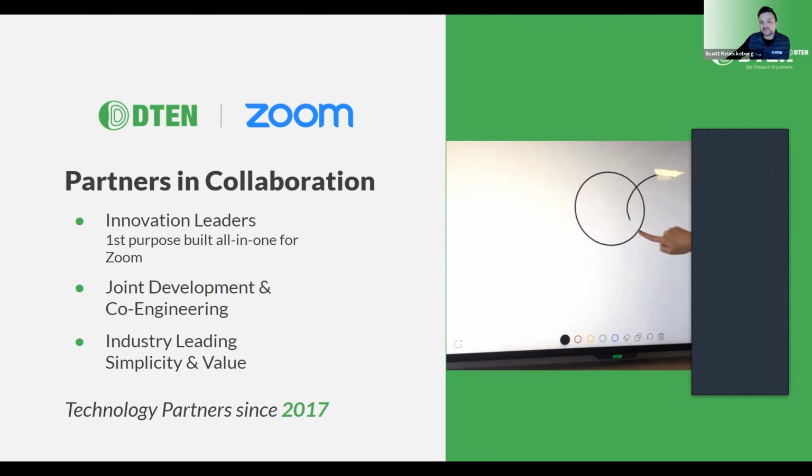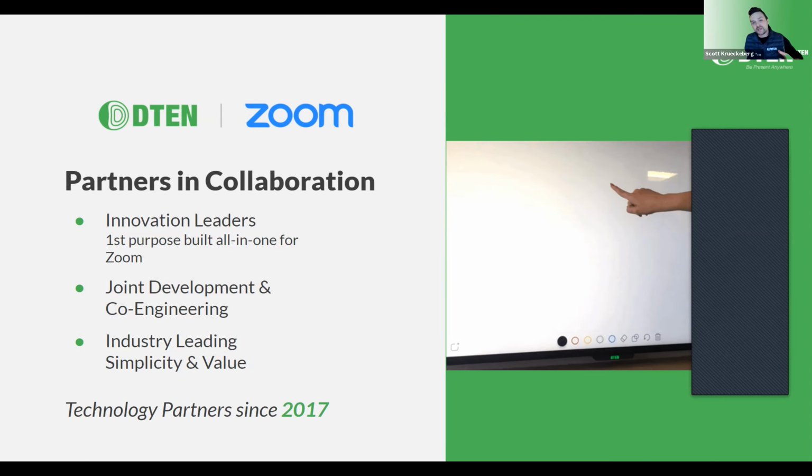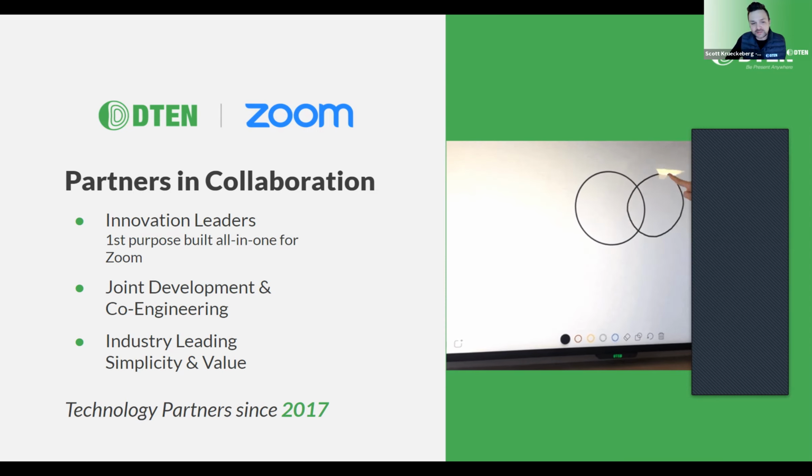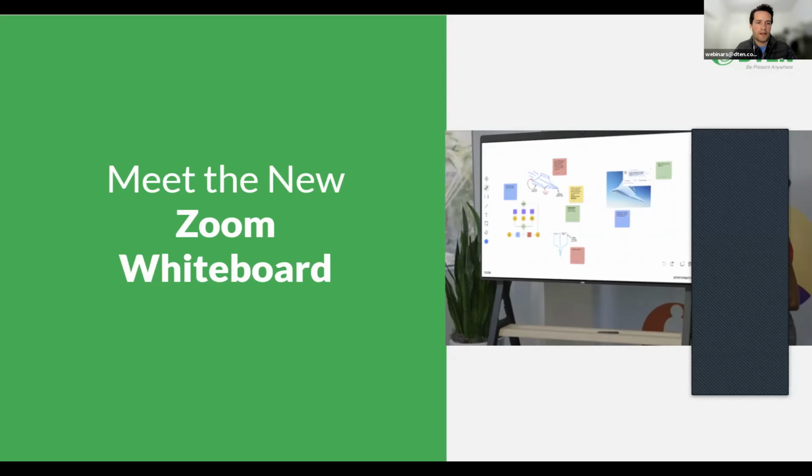So this has been happening since 2017. So to have a new whiteboard, a new product here coming in 2022, we're just really excited on how it's going to elevate the current product you own and the future deployments that you'll have with DTEN and Zoom in the future. So without further ado, really quick, I just want to make it